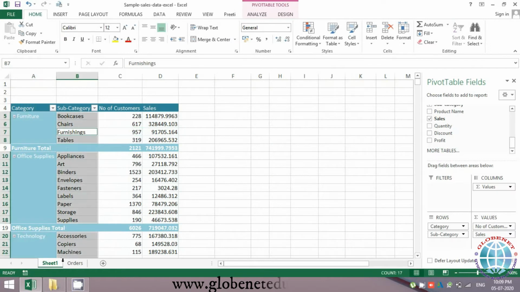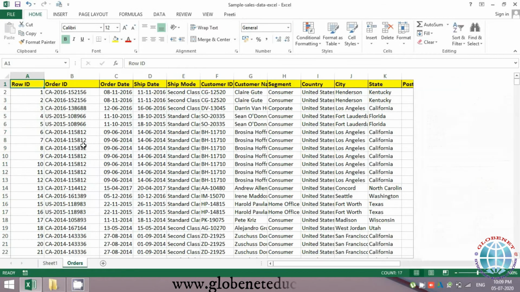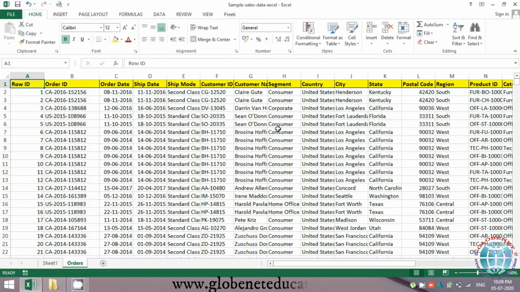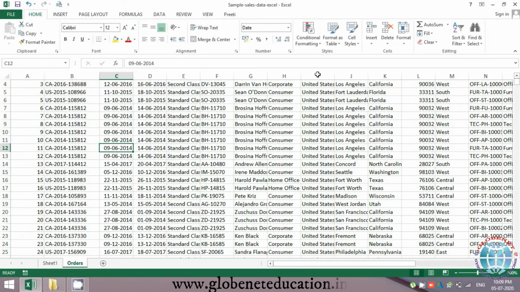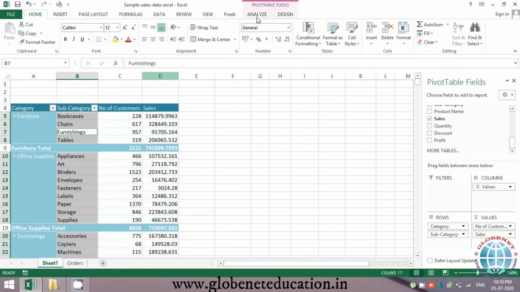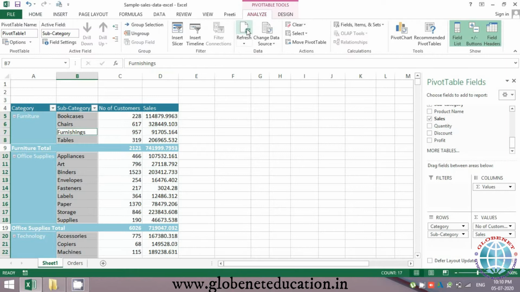And in case there is just some data change, so let's say some product name has changed, or maybe something was wrongly written, some ID was wrongly written, or there is a customer name change, whatever changes inside this data, you can simply do a refresh. You go to analyze, you do refresh. It refreshes the data, and in case there is any change, it will automatically update over here. Be it text, numbers, calculations, all will automatically happen.